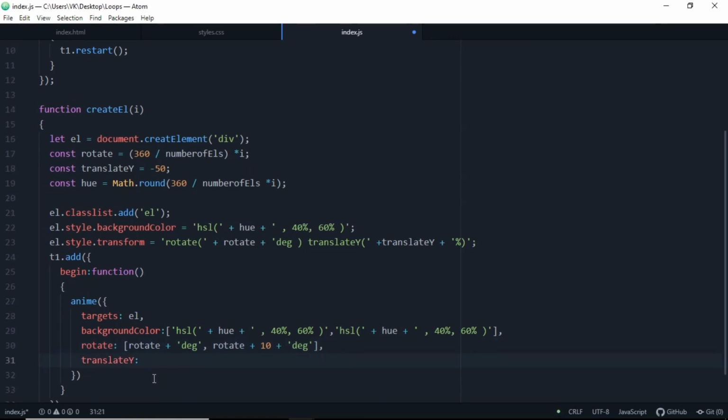So we are going to add translateY. Again we're going to do the same thing, translateY plus percentage and comma. It is the same as we did for rotation here, and we are going to add translateY plus 10 plus percentage.